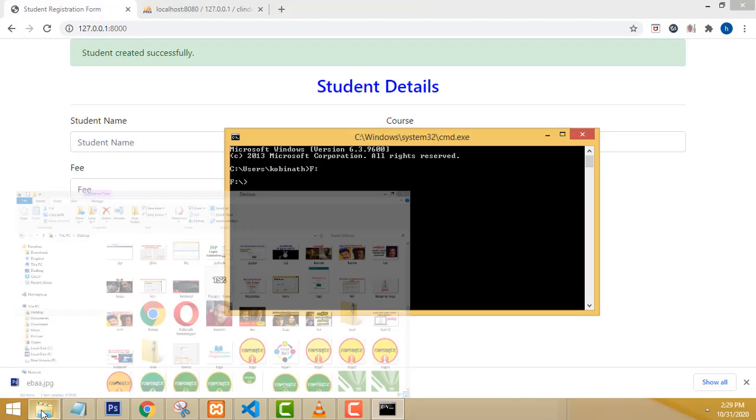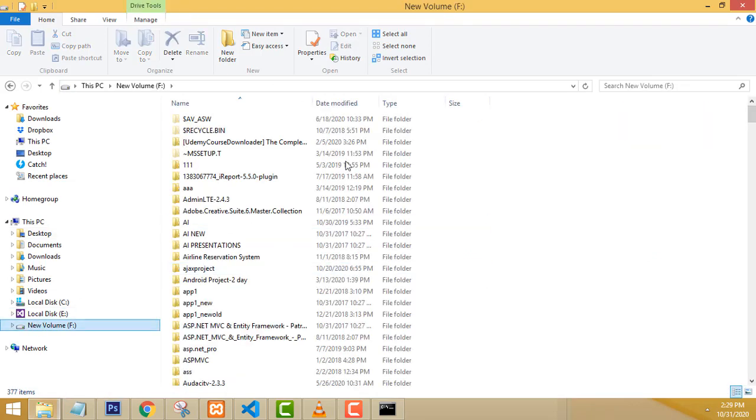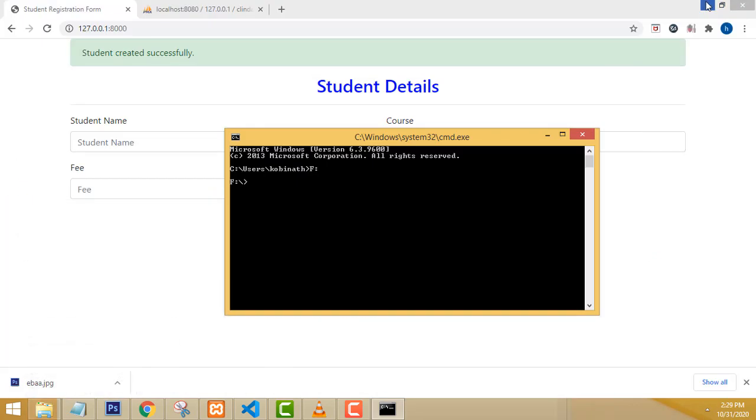Now you are in the F drive. In the F drive, I am going to make a folder. So how to make the folder? mkdir. This is how you create a folder. Now I am going to create Laravel exe, meaning example. I just give it exe. This is the folder name I am going to give: Laravel exe. We don't need a space. Press the enter key. Your folder has been created inside the F drive.